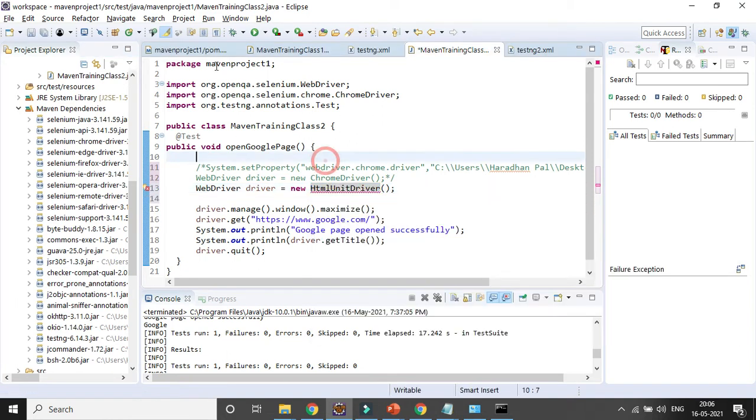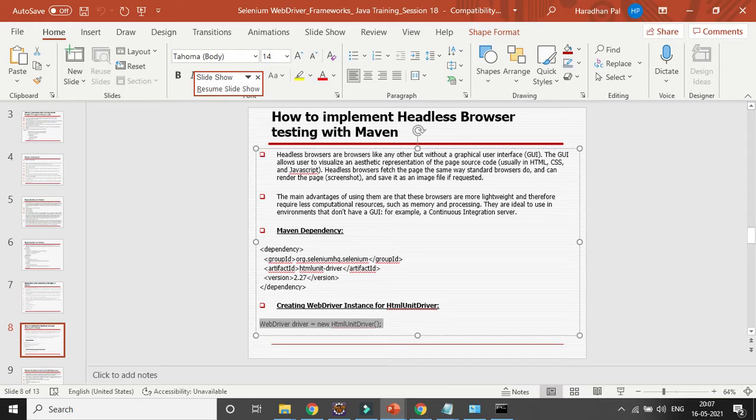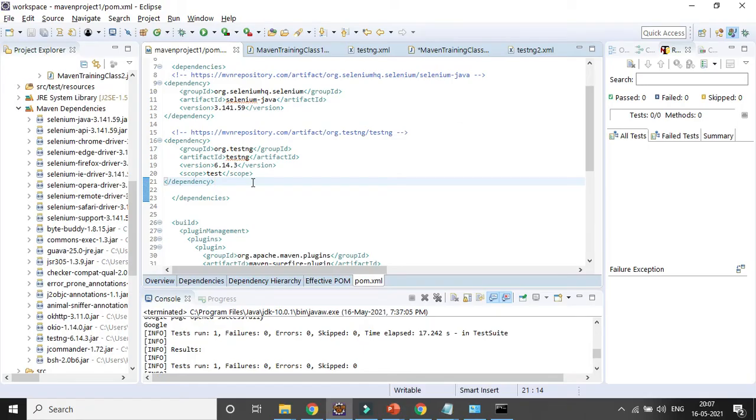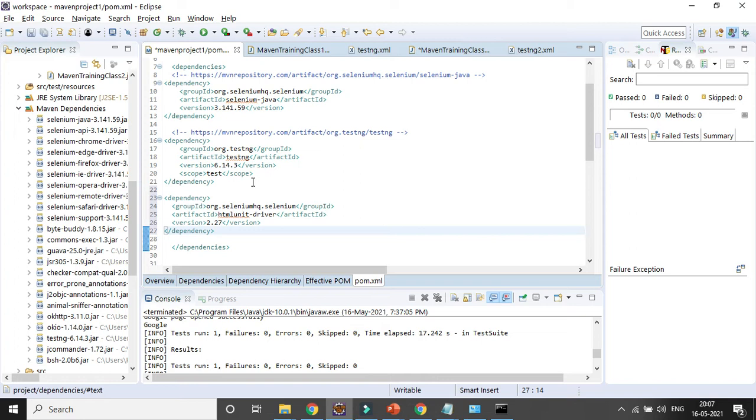Now let's add the dependency for the HTML unit driver. So this is the dependency, okay. Just go with this dependency, otherwise if you use either a higher or lower version, it can create a problem. I have checked today and updated it here, okay. You can get multiple dependencies, but they may not be compatible and can sometimes create a problem, okay. Just let's save it,